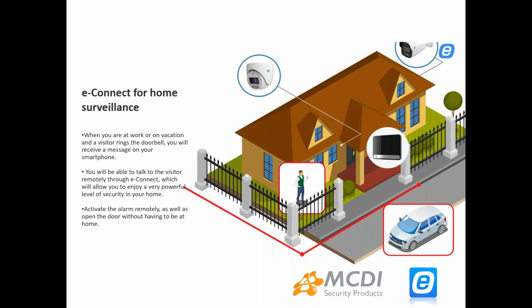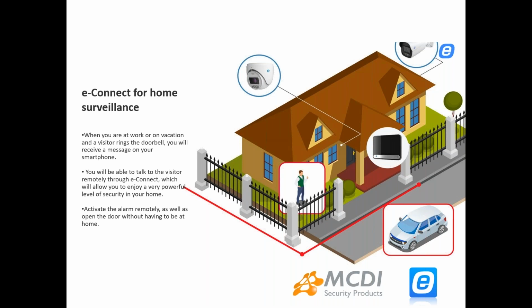For home surveillance, we have other options as well. You can also integrate an intercom unit and a monitor for the residential. It's not just for offices. A lot of modern homes now have intercom systems as well as cameras. So here you would have an intercom system at your front door, and once they ring the doorbell, it'll show a live video feed of them in real time that you can